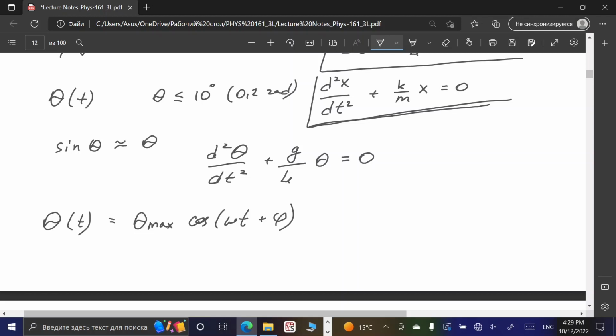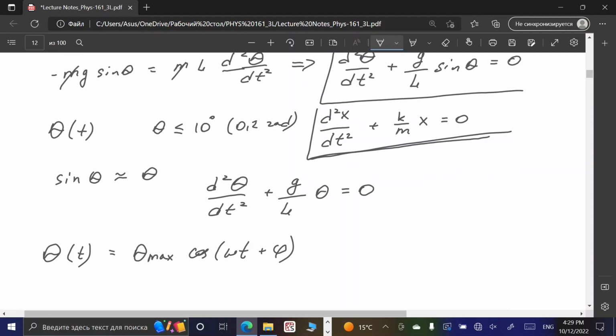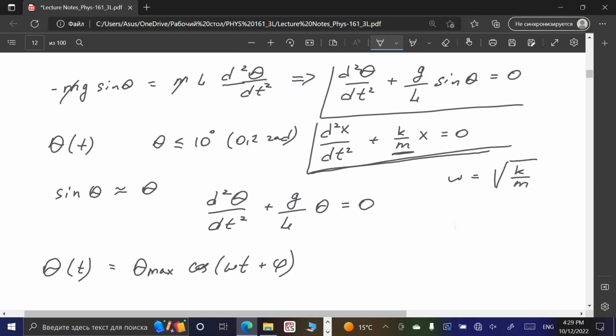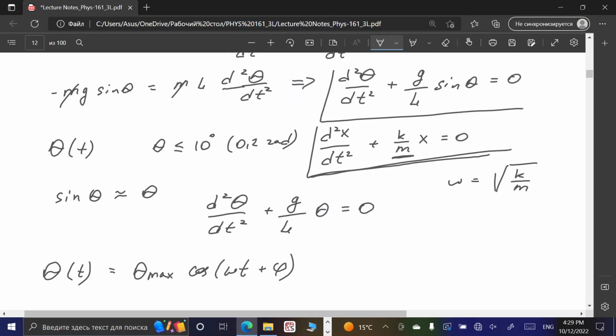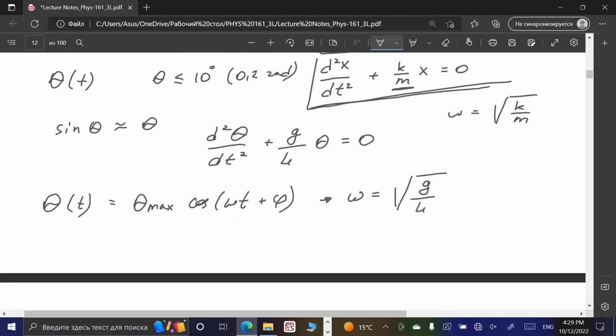And in analogy to the previous case, you remember we had this substitution that omega was equal to square root of k over m. So in our case, we have g over L. So now omega is equal to square root of g over L. That already provides us with information about angular frequency